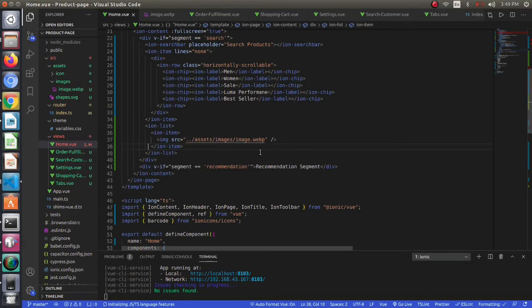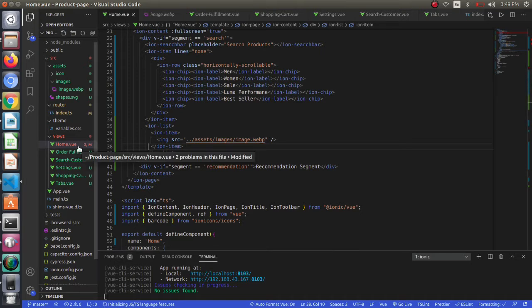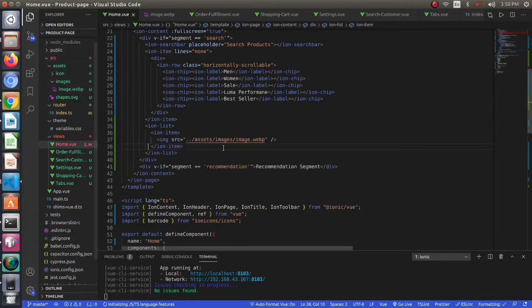So here I have used this because I have my project in home and we have our image like this. I will just go like this. We will move like this. This is our project. First we will go to the parent of our project. Then we will go to the assets like this. Inside assets I have images, and inside images we have the image. So in this way we can use the image through our local folder.